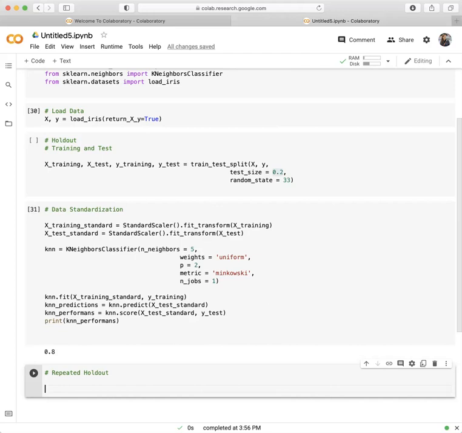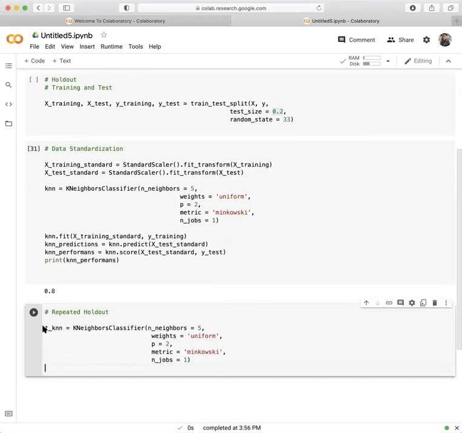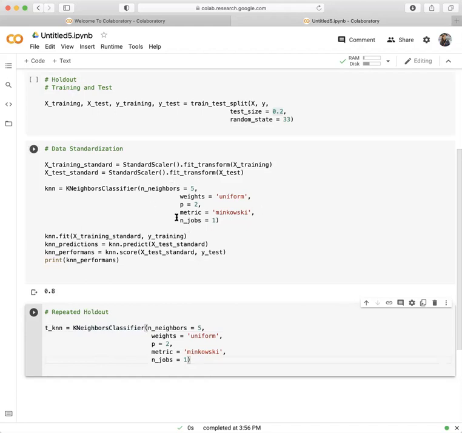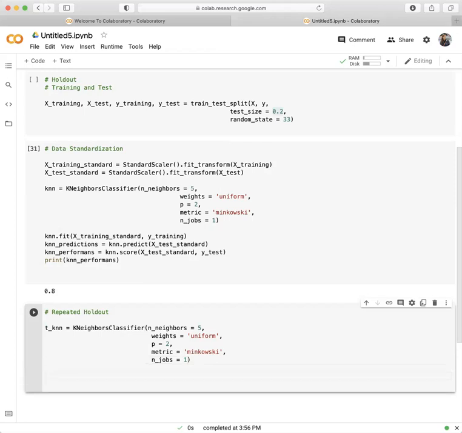And first thing I will do is that I will just define my model. Here is my model. Okay, I give it a name as T/KNN, and then I have K-neighbor classifier as before. This is just same as before in here. Only the name is different, or you can just use this guy too. Okay, and so I want to repeat this one